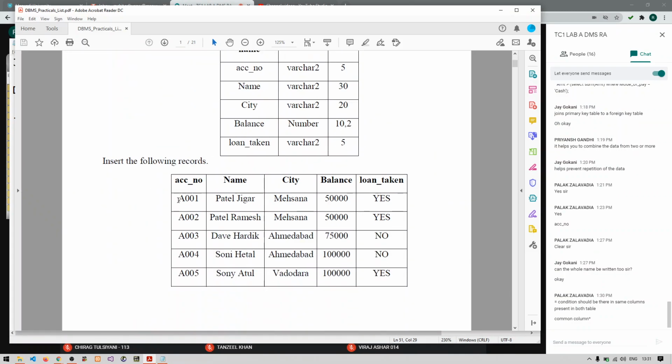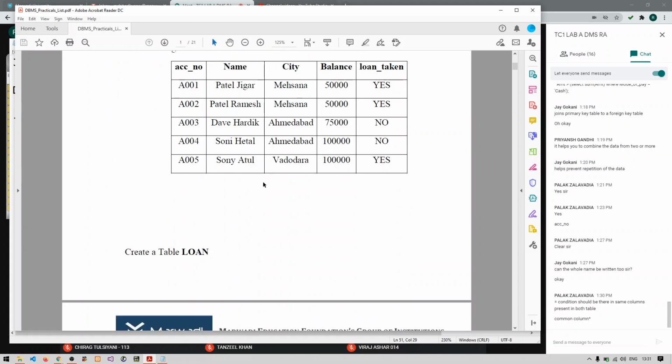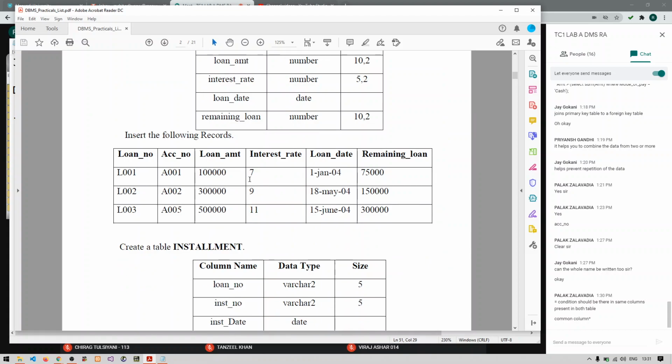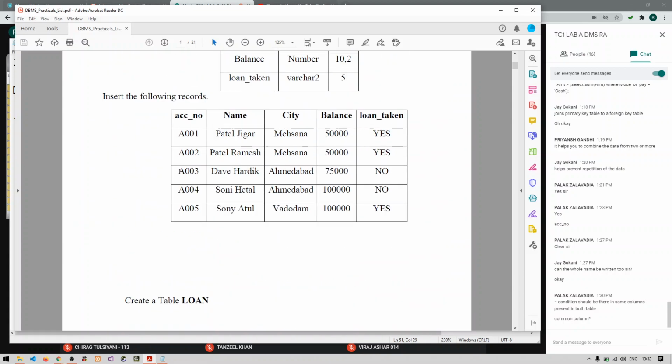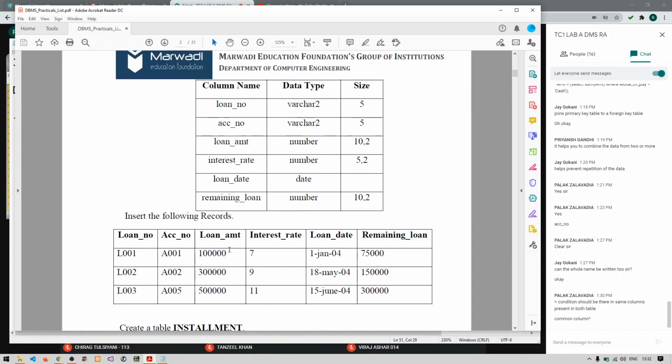Let's see here in the practicals what account numbers we have in the account table: A001, 2, 3, 4 and 5. And what account numbers we have in the loan table? Only A001, 2 and 5. So when the join operation is executed, all the records of A003 and A004 will be removed, because they are not getting compared with any of the data of the loan table.